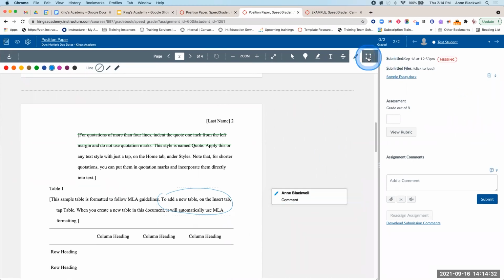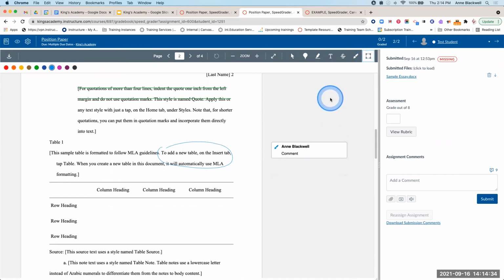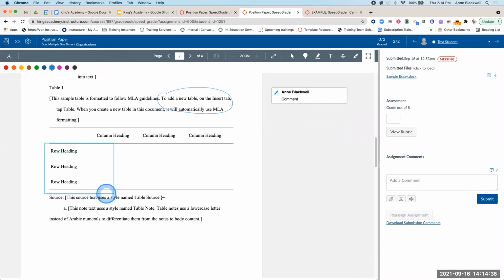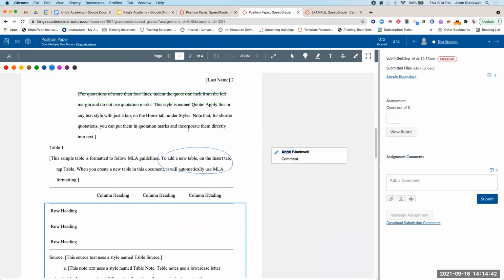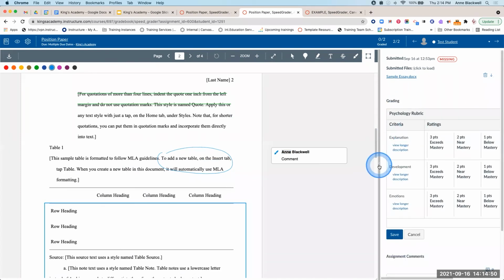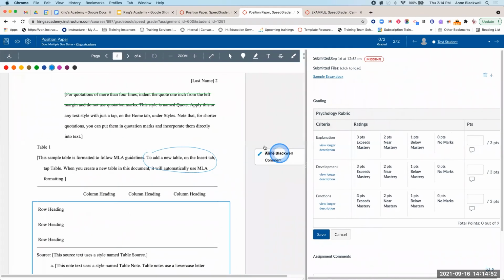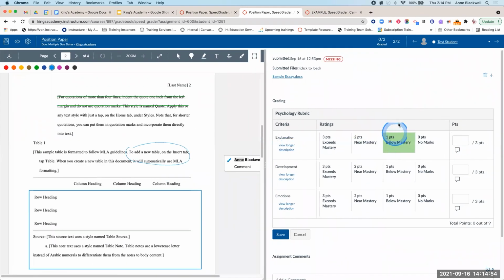All right, and then I have my box that I can draw as well. So these are all the annotation tools that you have. Now, coming on over, I have a rubric. Remember this? All right. So if I attach a rubric to an assignment, my world is so much easier. I can just click